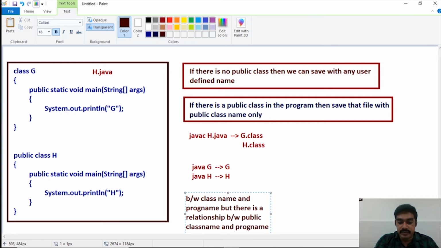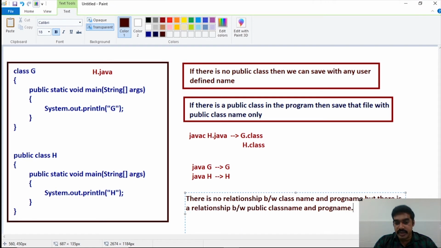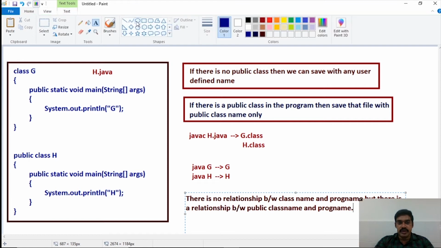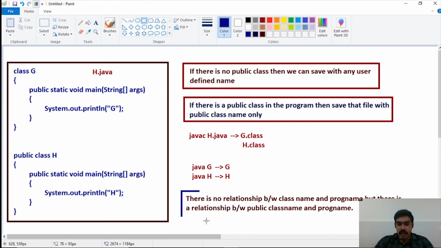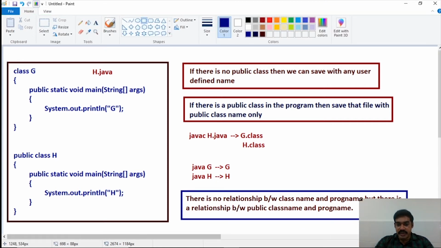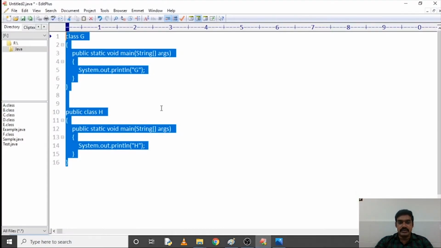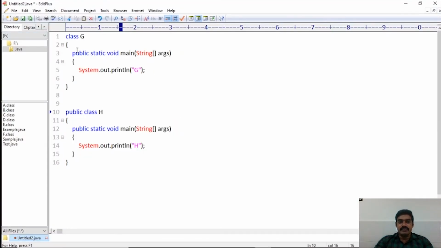This is a very important point. There is no relationship between the class name and the program name. But there is a relationship between the public class name and the program name. That's why we are saving this program with which name? H.java.